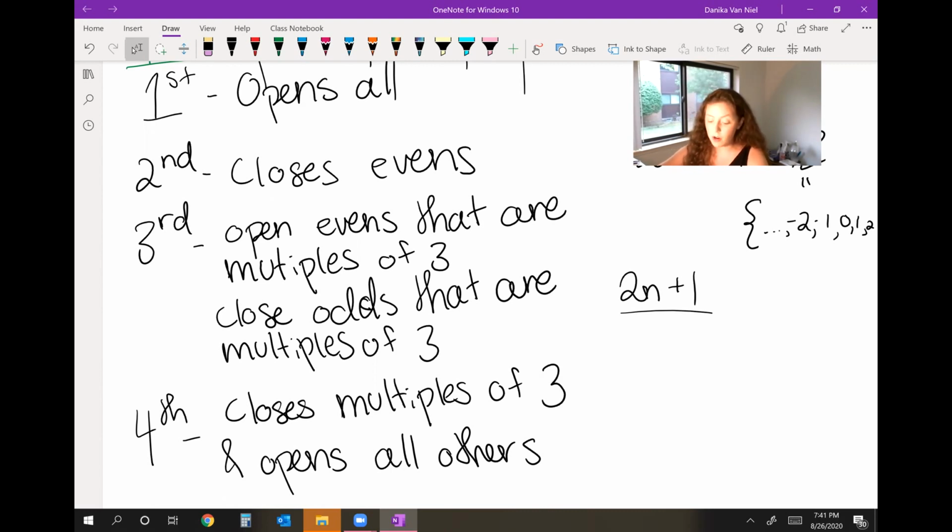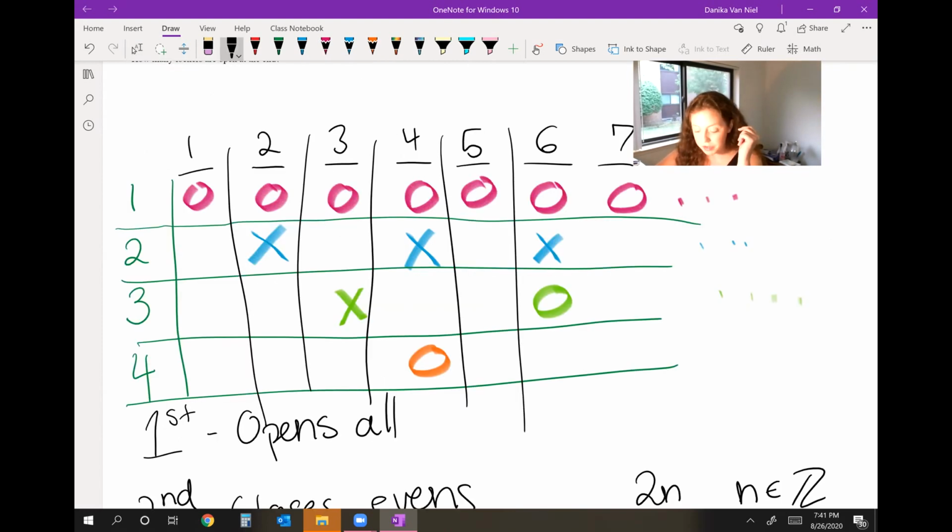Because here we keep talking about, oh, if it's a multiple of 3, if it's a multiple of 4. So both those rows would be ticked off either by an X or a 0. Knowing however many divisors each number has, I can just alternate that. Okay, so maybe let's come up with the solution of,